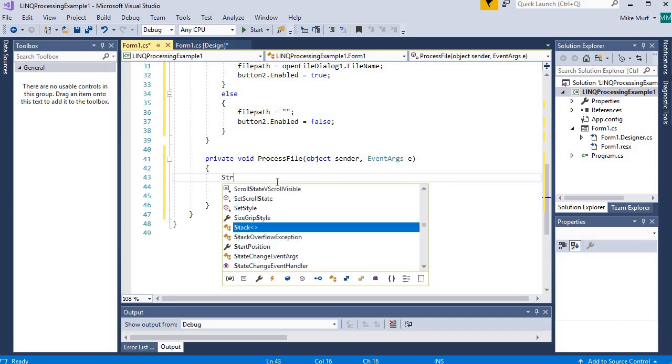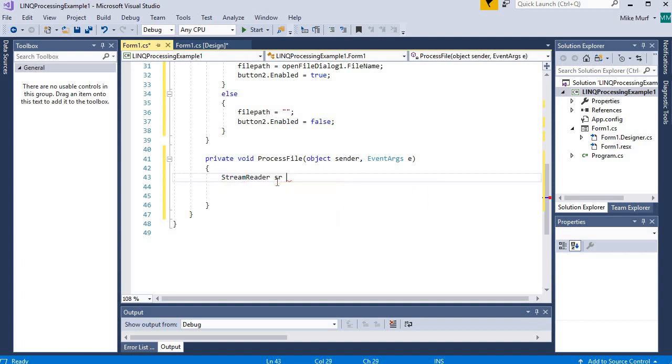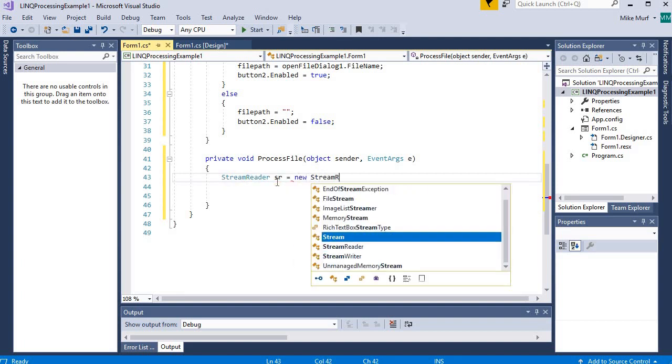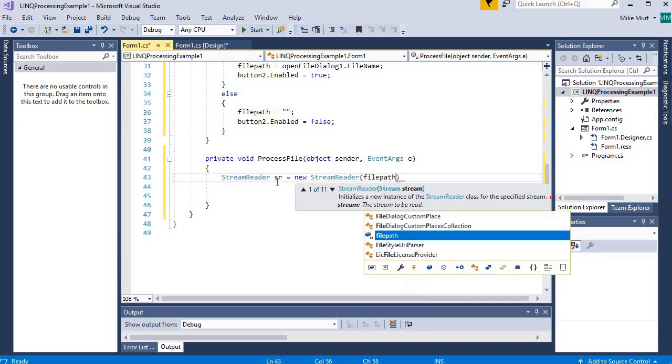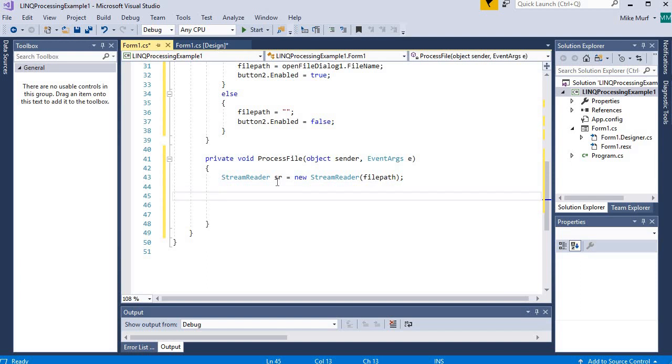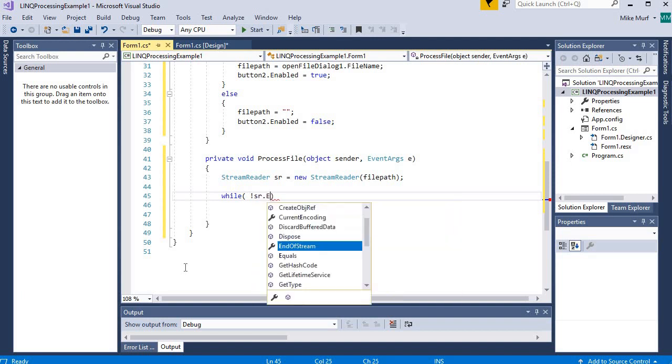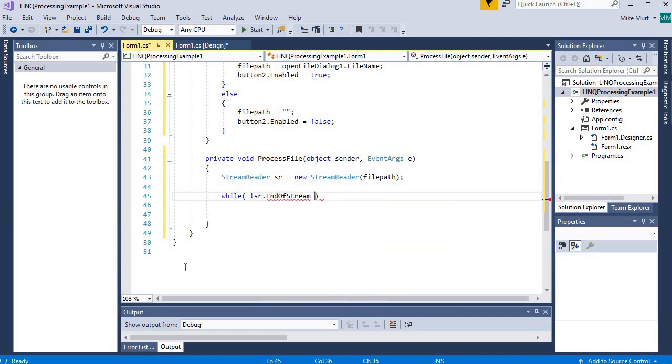So first we will open the file. I'm going to make a StreamReader variable, or object, equal to a new StreamReader and open the file path variable. File is open. Now it's time to read each line in the file. So while I have not reached the end, or while the EndOfStream property is not true, so while not at end of file,